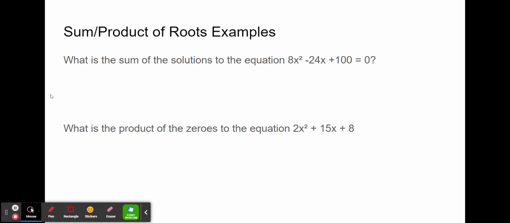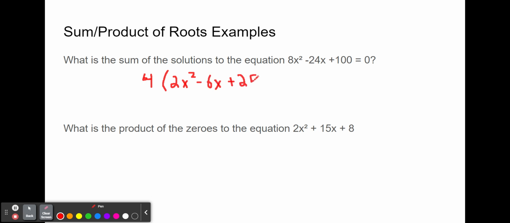Alright, now we're going to look at the sum and product of the roots. So over here we have another equation that can be simplified. And all of these things are divisible by 4. So we're going to have 4 times 2x squared minus 6x plus 2. Alright, and then if we're looking at the sum of these roots, so minus b, so that's minus 6